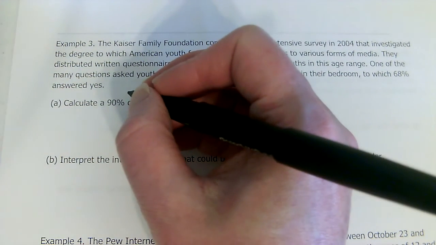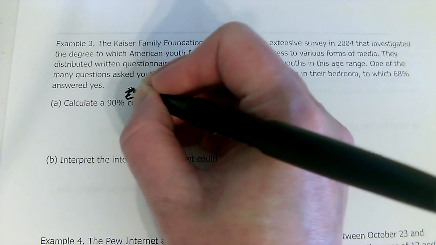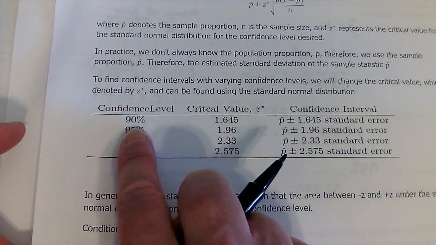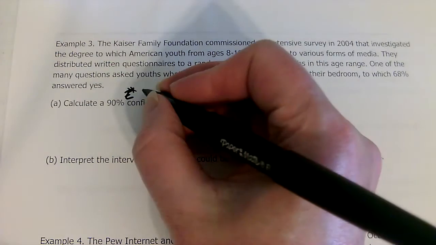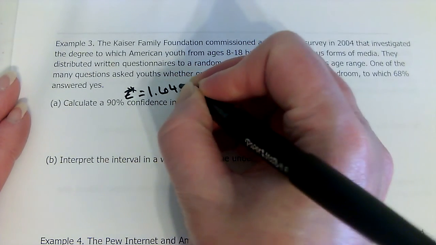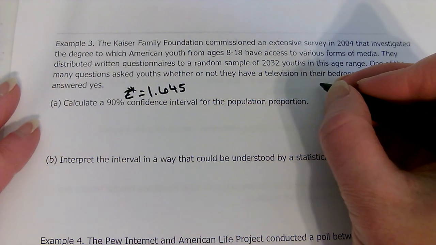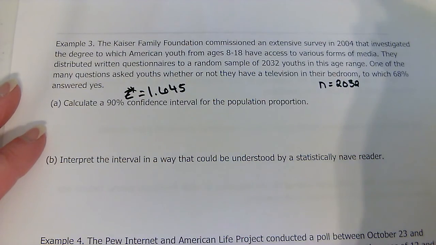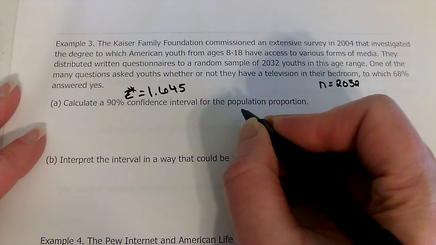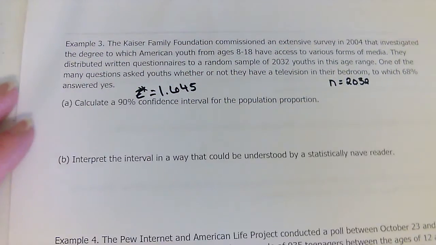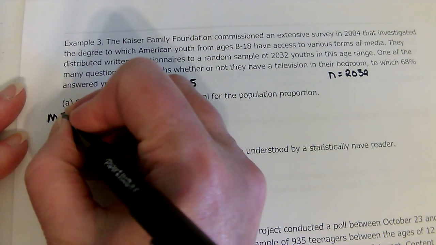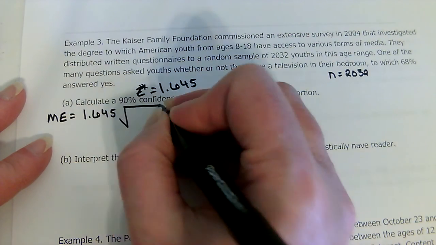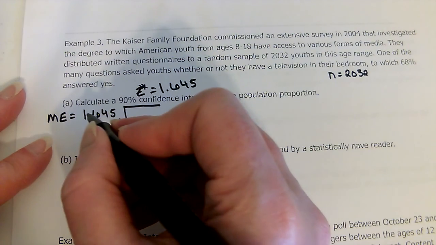So for 90%, I'm going to look back at my chart. The critical value for 90% is 1.645. Let's see, n was 2032. All right, calculate a 90% confidence interval for the population proportion. So for that margin of error, we would take the 1.645 times the square root of, what was our